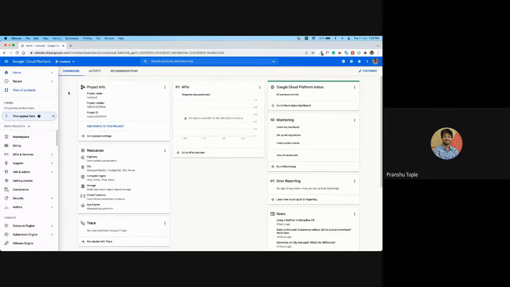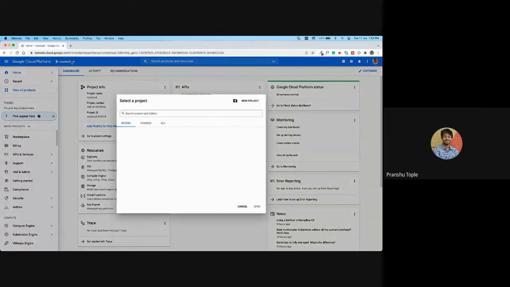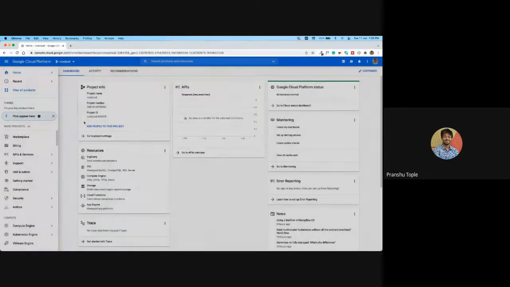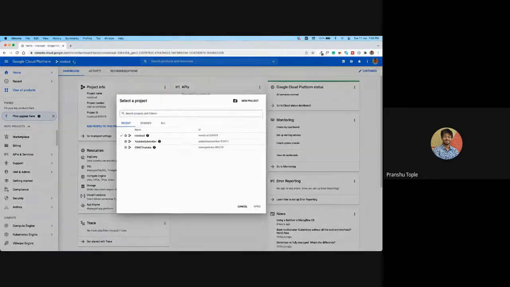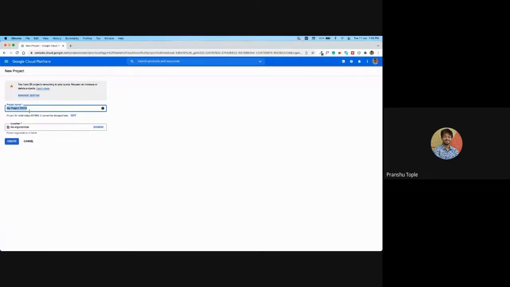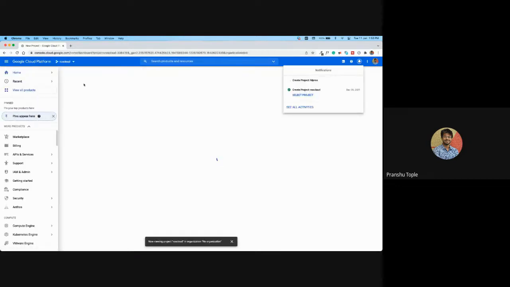Usually they show a step-by-step process when it is new. For example, if I create a new project, I click new project, and I give it the name FDP ROS, and I will create it.